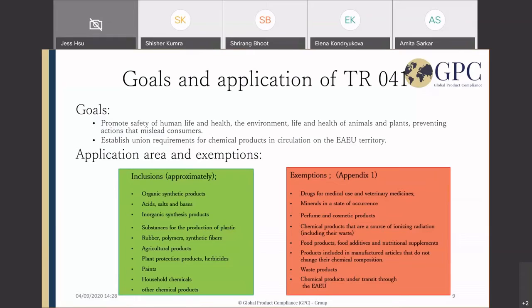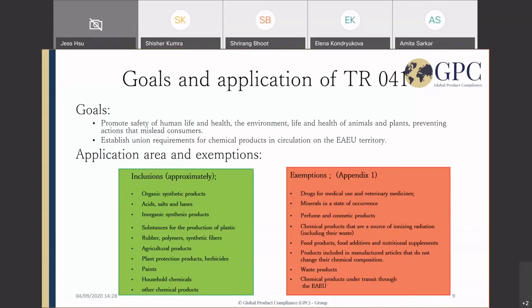What concerns the exemptions, which are clearly stated in appendix number 1 of the current technical regulation, it includes drugs for medical use and veterinary medicines, minerals in a state of occurrence, perfume and cosmetic products. Here it is important that you pay attention to the fact that if you have a chemical substance that is used in a cosmetic product, you should still notify it because it still falls under this regulation because it's a chemical substance. Then chemical products that are a source of ionizing radiation, including their waste,